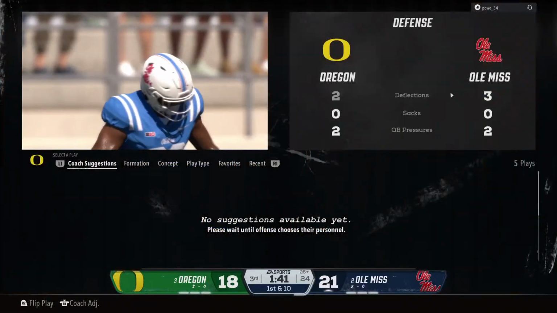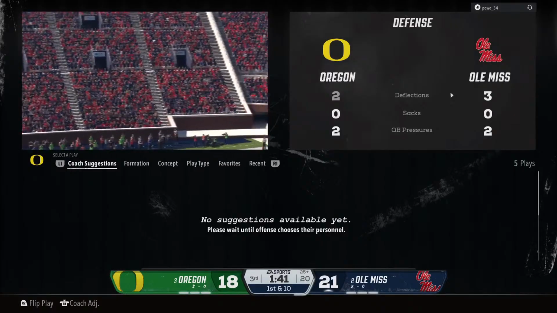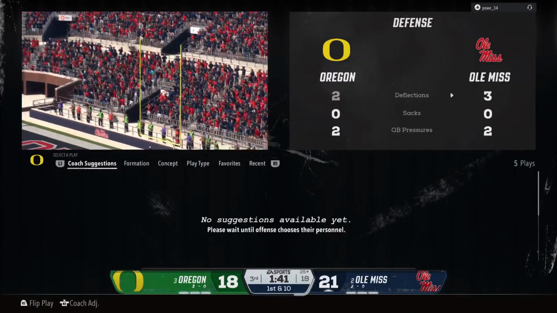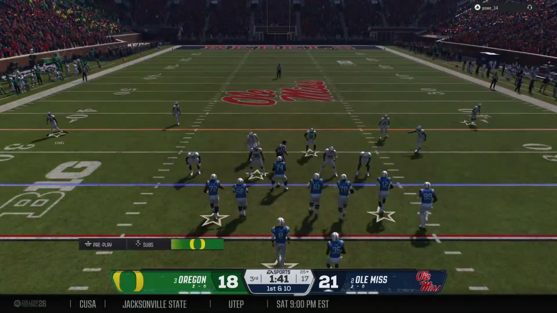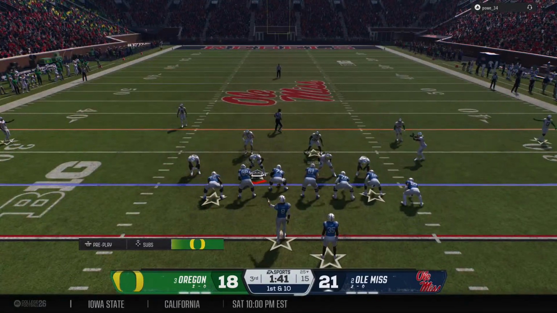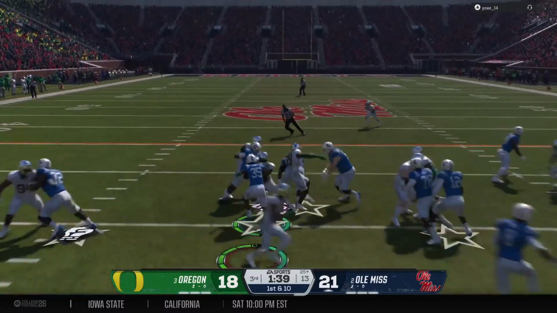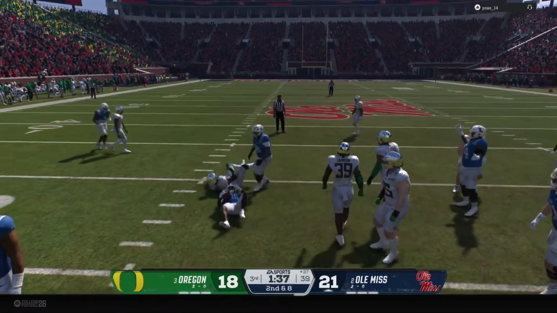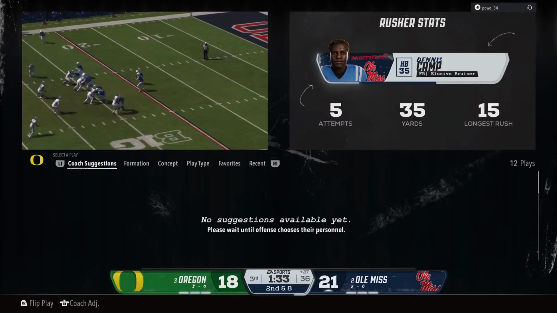Drive will start at the 25-yard line. Entering play call, coach suggestions. There are 6 categories. And the first play of the drive now from the 25. They'll run it from the gun. The junior able to bring him down quickly. Hey, it's a great job of this defense containing the